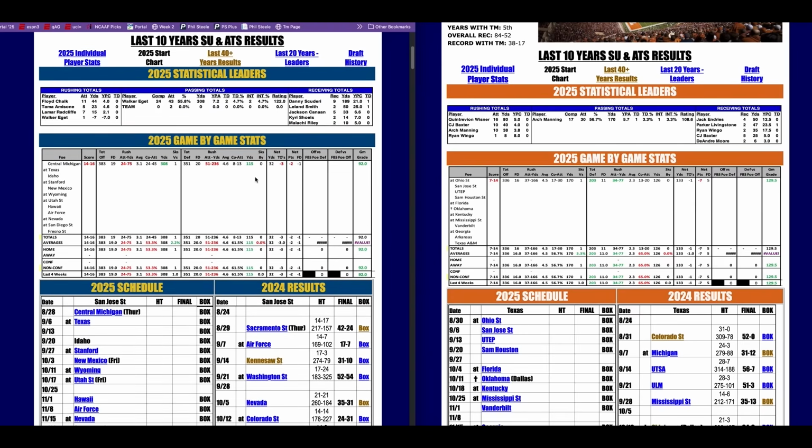Now, San Jose was disappointing. They only played to a 92 game grade. They were supposed to beat Central Michigan at home. They did have a slight yardage edge. They did miss 2 field goals at the end of the game, which could have gotten them the win, but they lost. So now we're going to take a look at